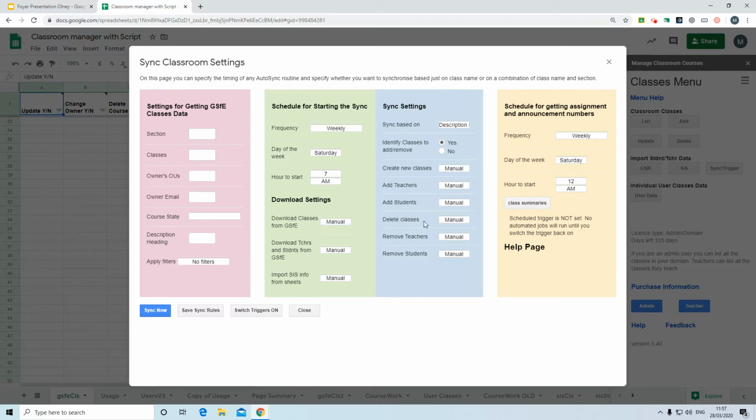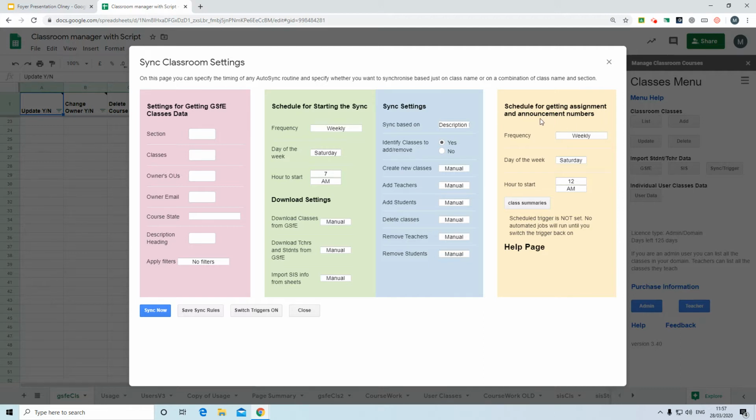So the sync process will flag them, and if you leave these as manual, you can choose later to add or delete them. But if you set them to automatic, as part of the process, it will flag them and then add or delete them. And then this one is for how often you want to get summary information about assignments and announcements,